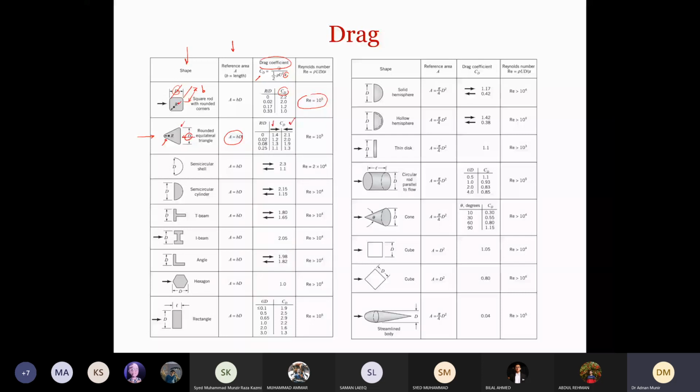क्योंकि इस केस में क्या होगा, क्योंकि शेप इसकी जो है ना वो सिमेट्रिक नहीं है. जब फ्लो इधर से आ रही होगी तो ये स्ट्रीमलाइन बॉडी होगी, इसके ऊपर से फ्लो इस तरह गुजर रही होगी, यहाँ सेपरेट हो रही होगी. अगर इसी को हम इन्वर्ट कर देते हैं इस तरह, उस केस में फ्लो इधर से आ रही है तो फ्लो इधर से इस तरह जाएगी और इस तरह सेपरेट होगी. मतलब it is just like a flat plate actually in that case.